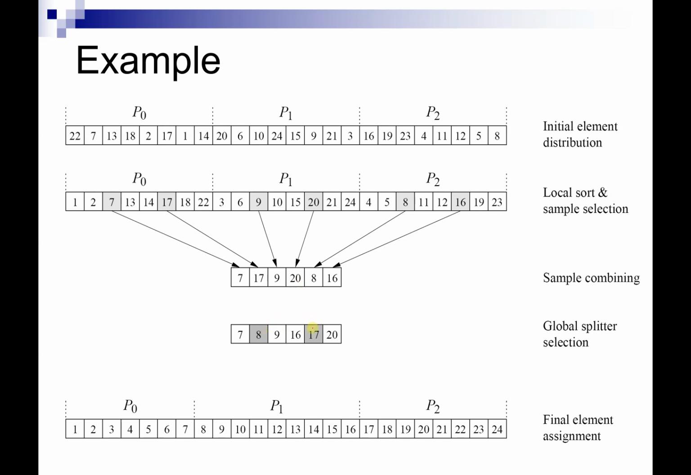So the 8 and the 17, and then he's going to send the 8 and the 17 to all of these other processors, and these other processors are now going to break things into buckets based on the 8 and the 17. So for example, the first guy is going to form this bucket, which is everything less than 8, and then this bucket, and then the final bucket for 17. So P1 is going to form these buckets,